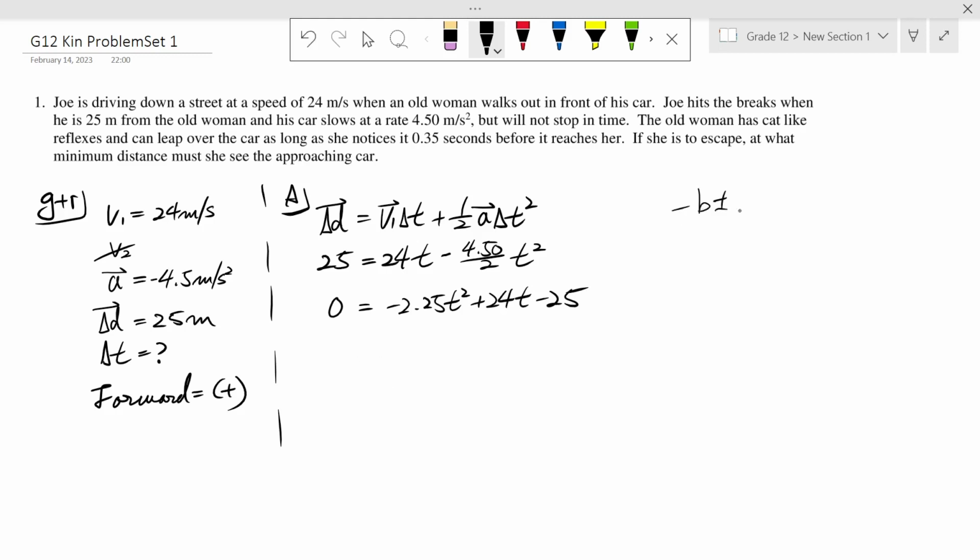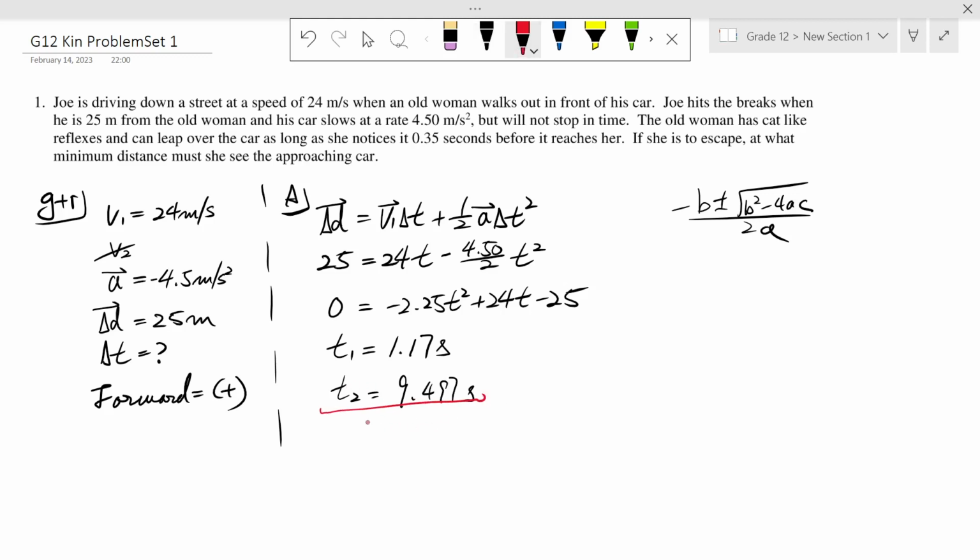Negative b plus or minus the square root of b squared minus 4ac, all over 2a. And after you do that, you get one of your t options is 1.17 seconds. Your other one is going to be 9.497 seconds. Now, I'm going to reject this answer